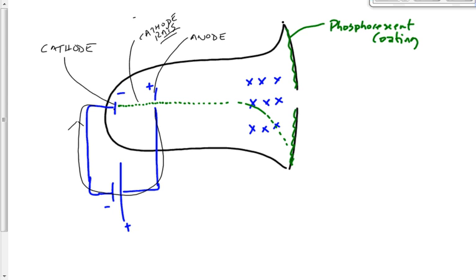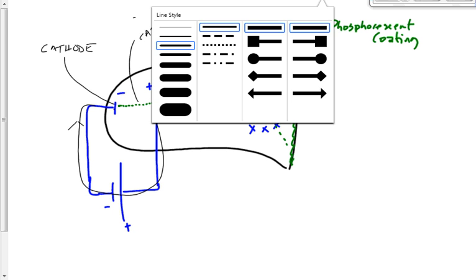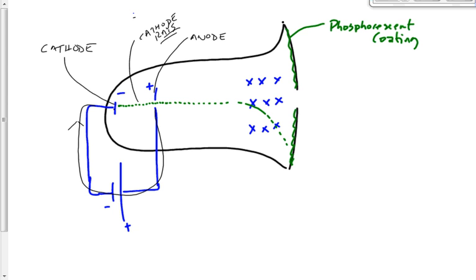Thomson says, you know what? I want to know more. I don't want to just know that they're negatively charged particles. I want to know more about these negatively charged particles. So he does a little bit of an analysis that we've done before. He says in this section over here, we'll call it the main chamber. In the main chamber,